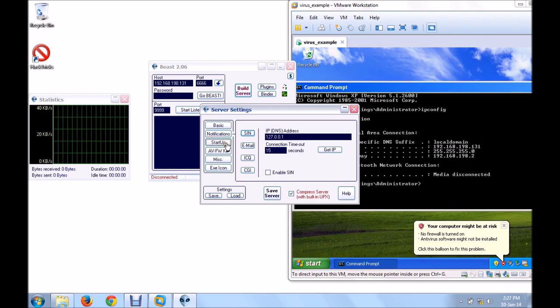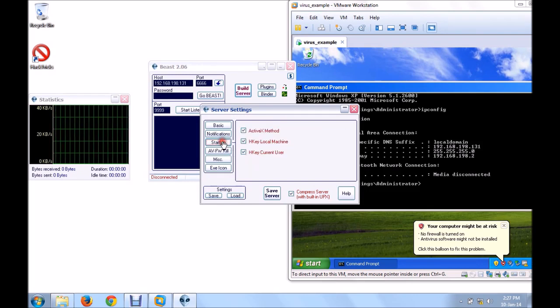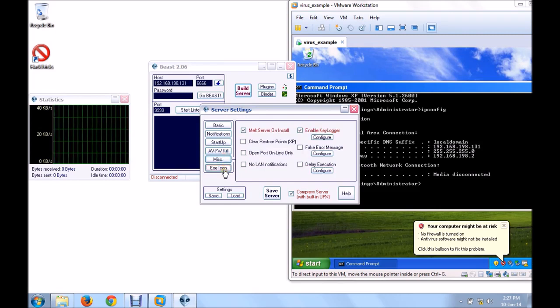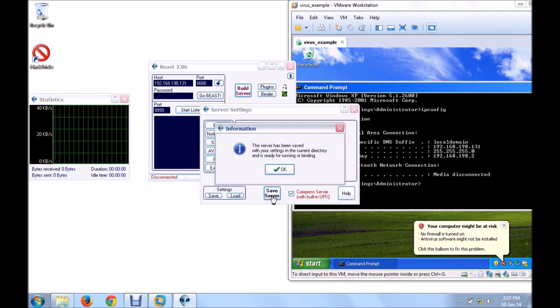So you can go through these settings and determine what we can do with the help of this Trojan. Melt on install, keylogger, enable keylogger. And then we have to click on Save Server. The server has been saved with your settings in the current directory and is ready for running or binding.